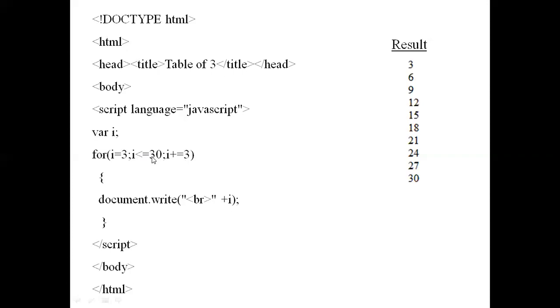30 is equal to 30. Then it will display 30 here. Condition is satisfied. If it was only less than, then it would display till 27. I have said equal to sign also. So when it reaches 30, it will stop. Because next number is 33. That is not less than 30. So the loop will be exited. Okay, and this will be the result of it.